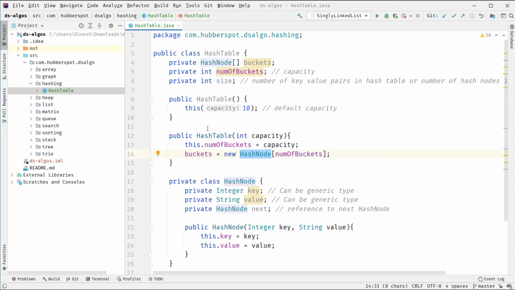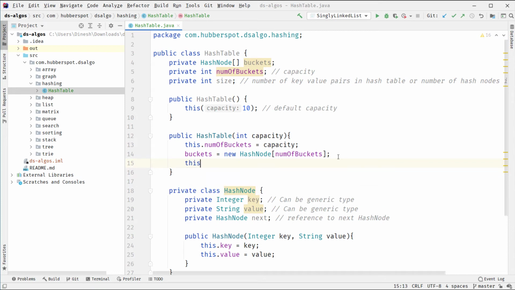So when we create the instance of hash table, let's say with the capacity we provide, the number of buckets will hold that capacity, and the array of hash node will be of size which represents the number of buckets. And usually at the start when there are no hash nodes in a hash table, the size will be 0. So this is what happens when we first initialize or create the instance of hash table.